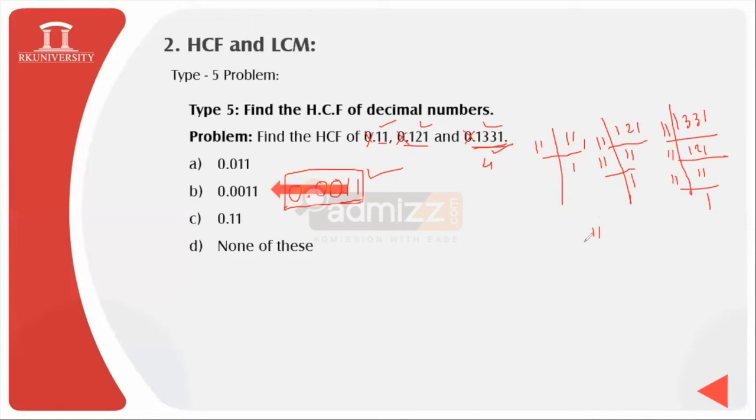So the maximum decimal place value is 4, and I need to write my answer in 4 decimal places. I already have 2 digits available with me, so I will introduce 2 zeros prior to my answer, and then introduce a decimal point and 0 to get my answer for the given question. I believe I have made the query very clear for your doubt. Okay, thank you so much, students.